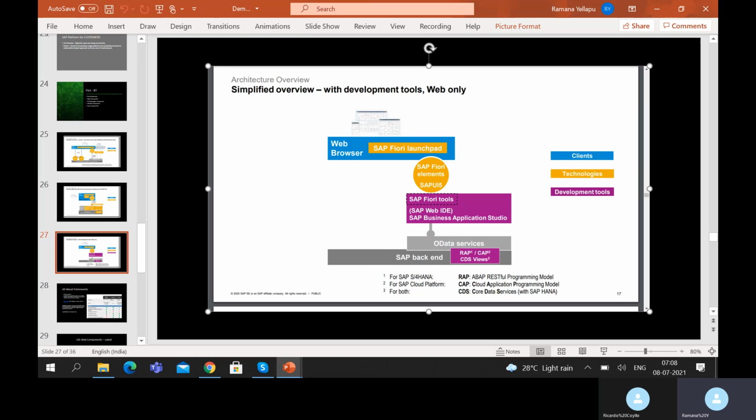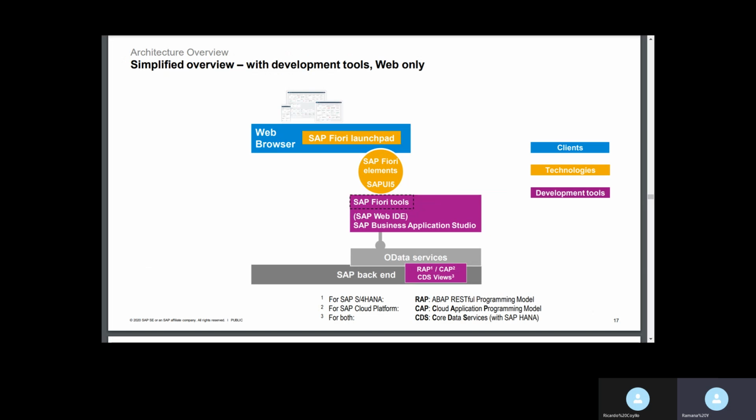So this is how the tools for each area enable us to do things right. And for building Fiori applications, we have a Fiori elements approach and a freestyle approach. These are the two approaches for building Fiori apps. Right now there could be additional approaches coming up as SAP introduces them, but right now we have two approaches: the elements approach and the freestyle approach. And the tool right now we use is